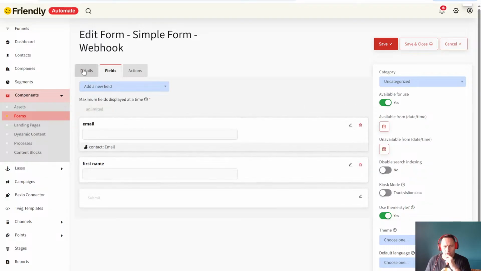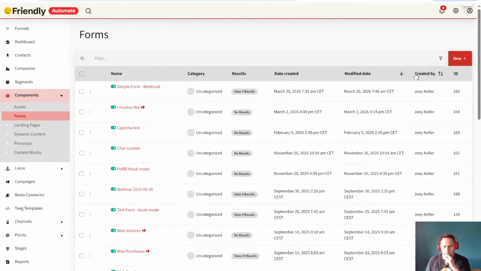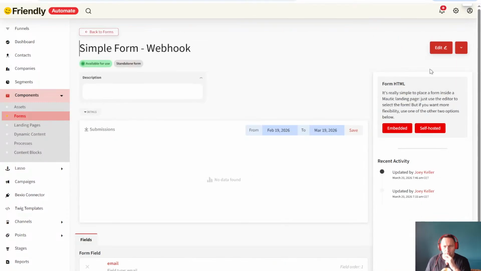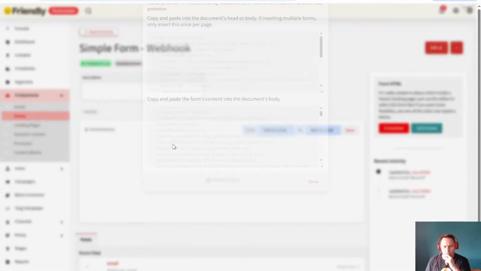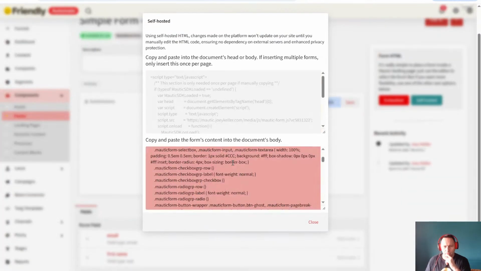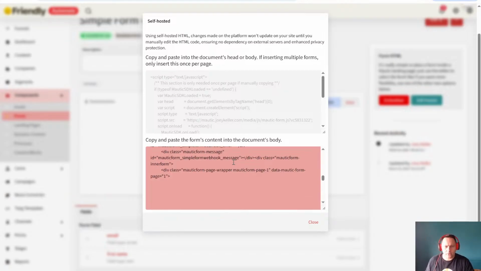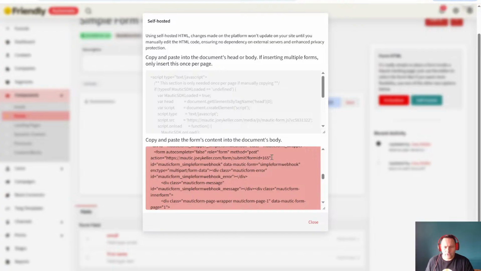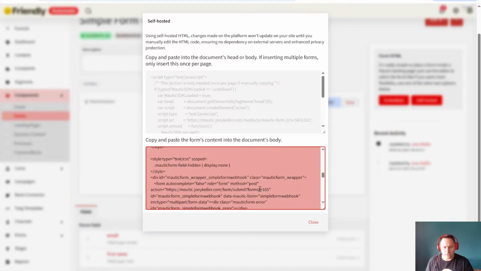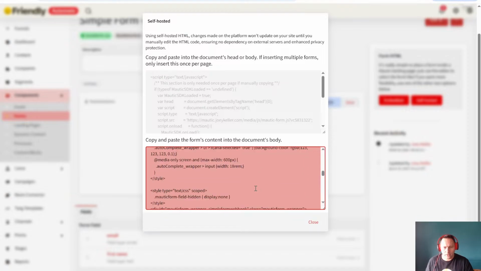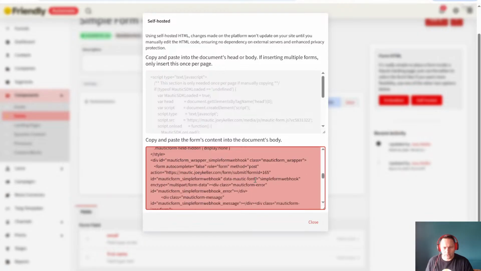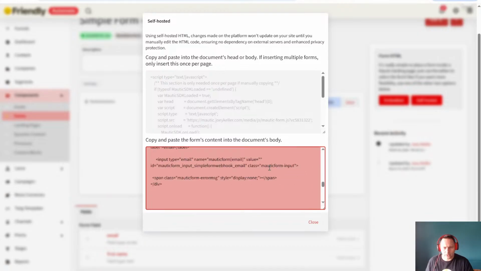So one way to do it is I can go back to my simple webhook here, and I can choose self-hosted, and here are all the different field values available. So I could check here. This is very important. So this is my 165, and I have some Mautic form fields as well somewhere. So if I look here,